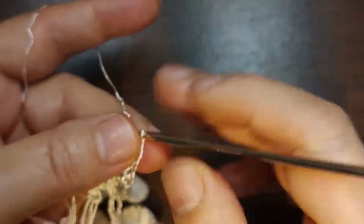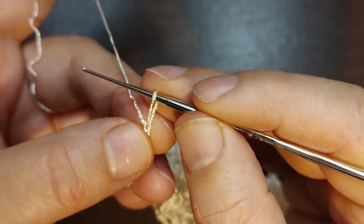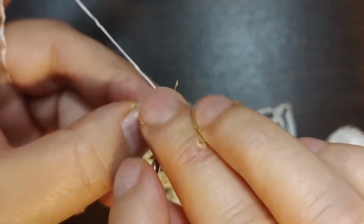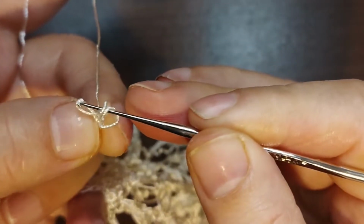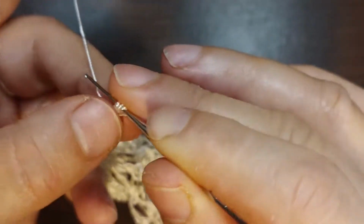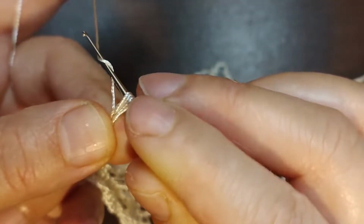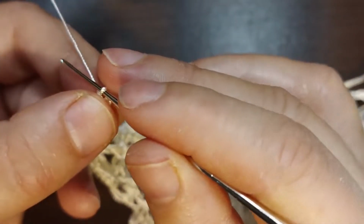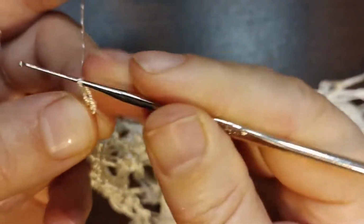So 15 chains. Now I'm going to pull up the loop on my hook, yarn over, insert the hook into the last chain, in the same chain, yarn over and pull up a loop like this. And I want to pull up another loop just to show you that it can be done in different ways. When I crocheted the teardrop with the acrylic yarn, I pulled up one more loop. And now I'm going to yarn over, pull through all loops, and yarn over and pull through this loop and